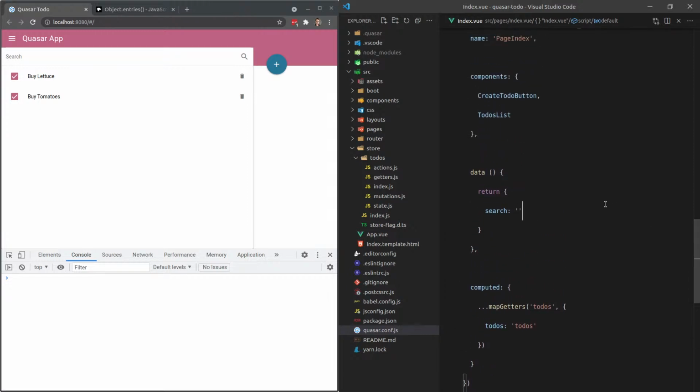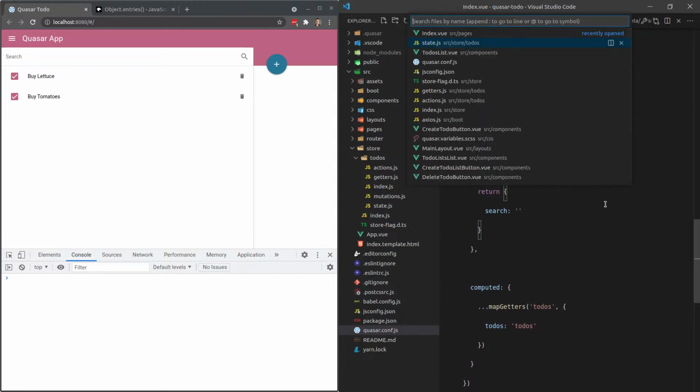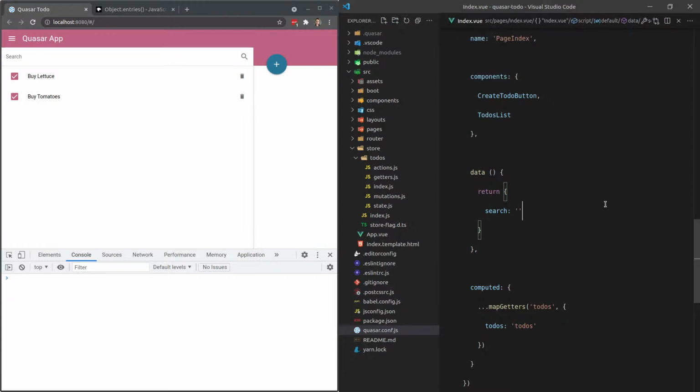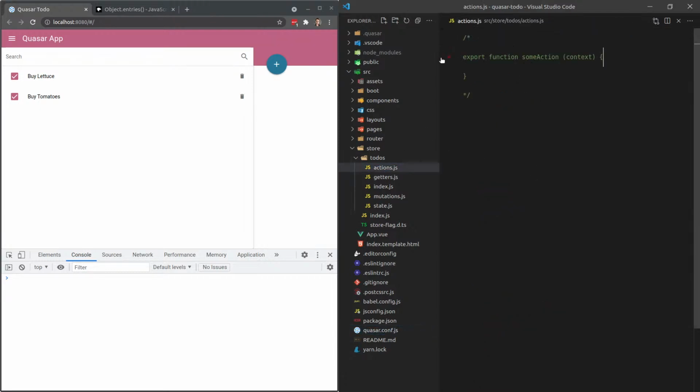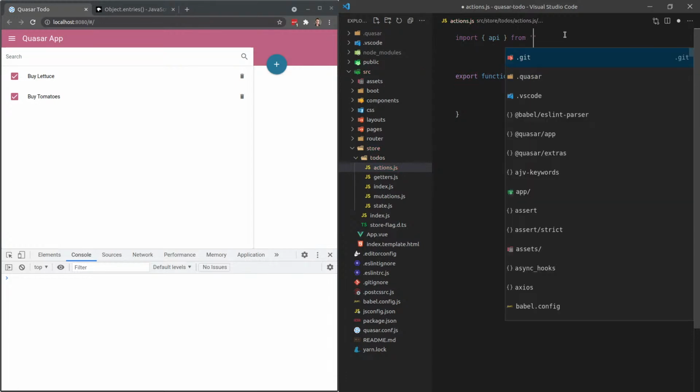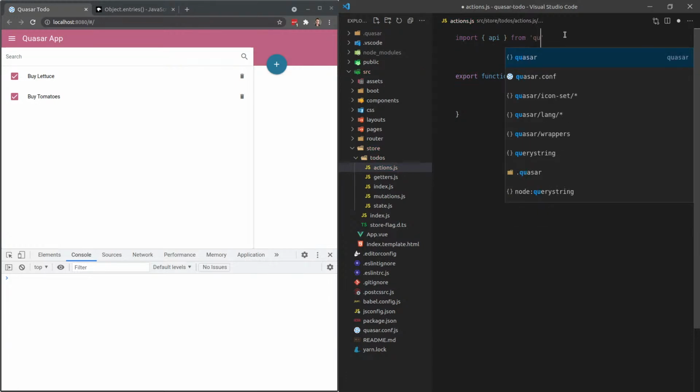So we'll go to our map actions, I'm guessing. Our actions. Map actions, gosh, my brain's starting to lose it now. Yeah, we'll jump into our actions, and how about we have one that's called create to do. And now we're going to need our API here, so we'll import API, and we're going to import that from, what was it? boot/